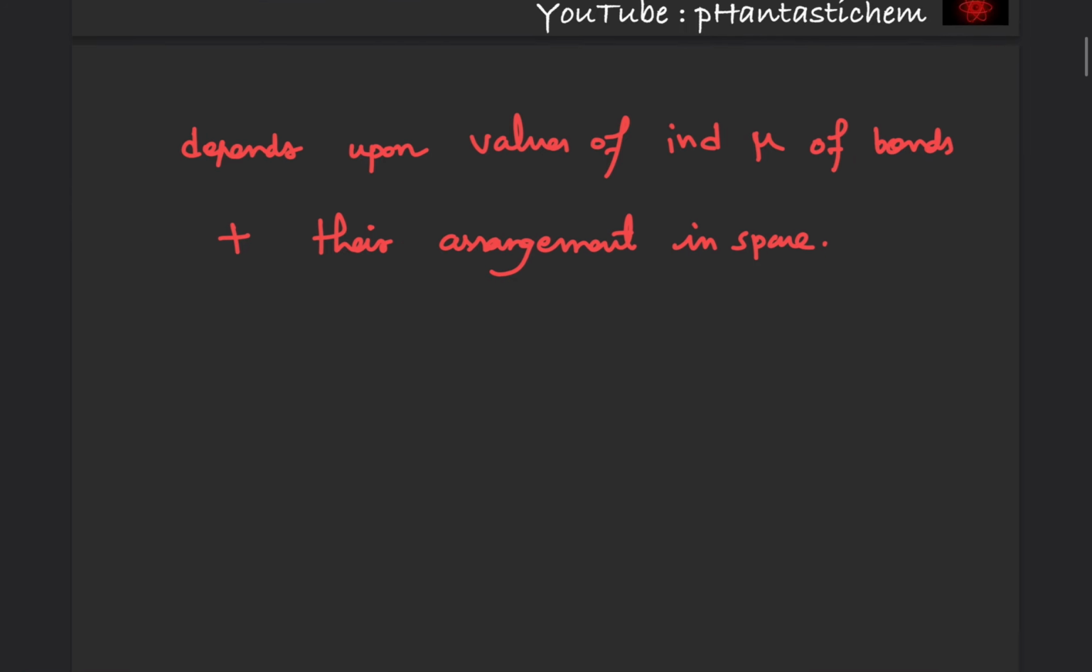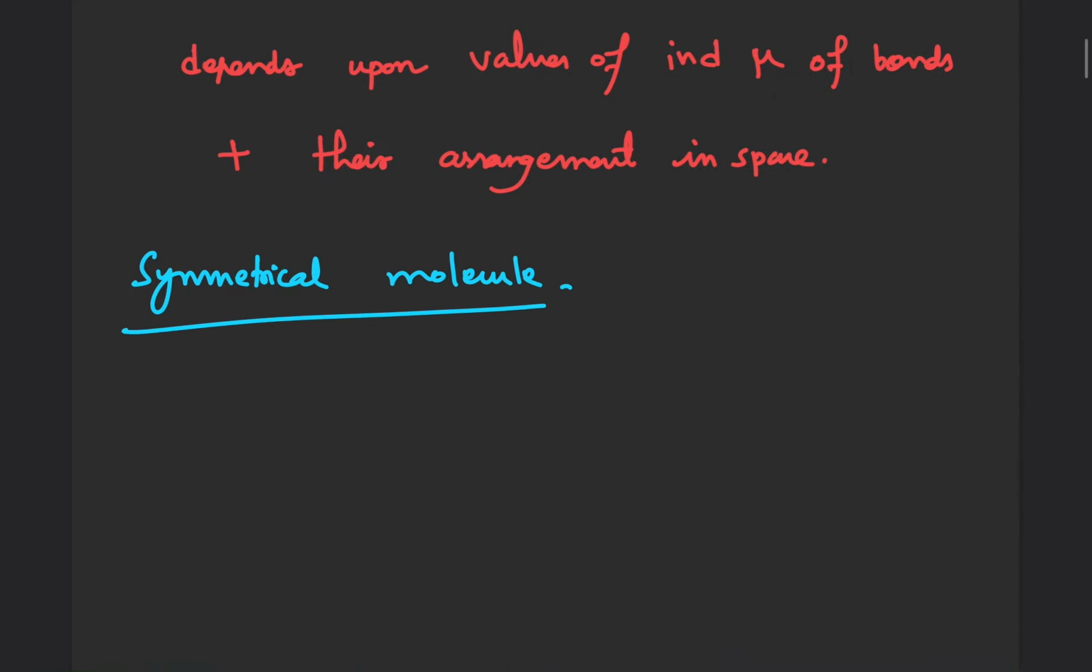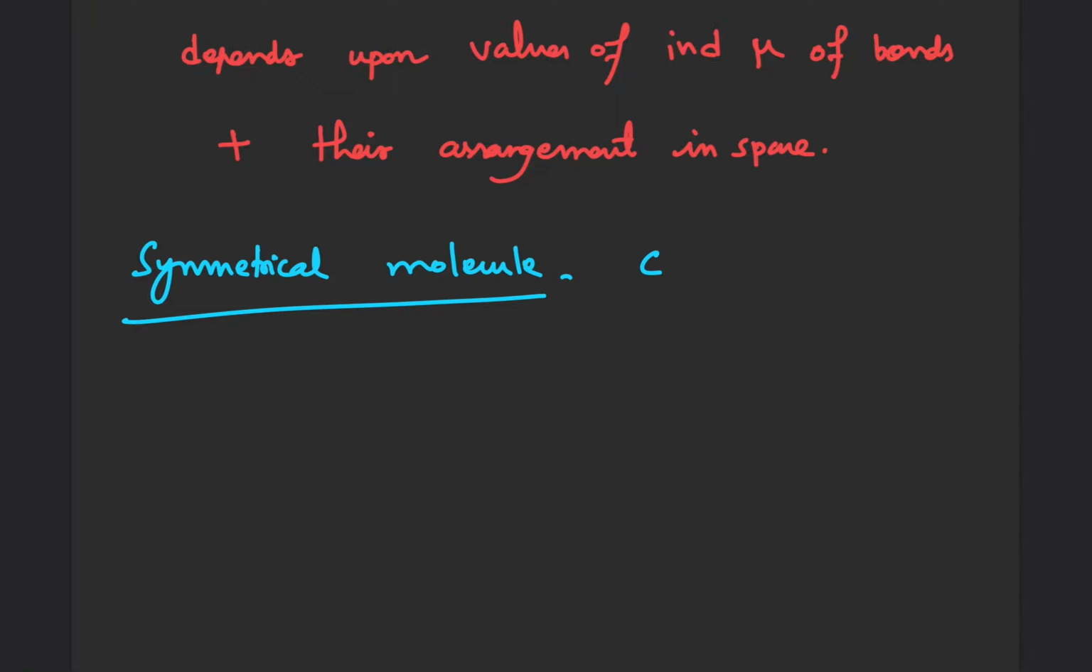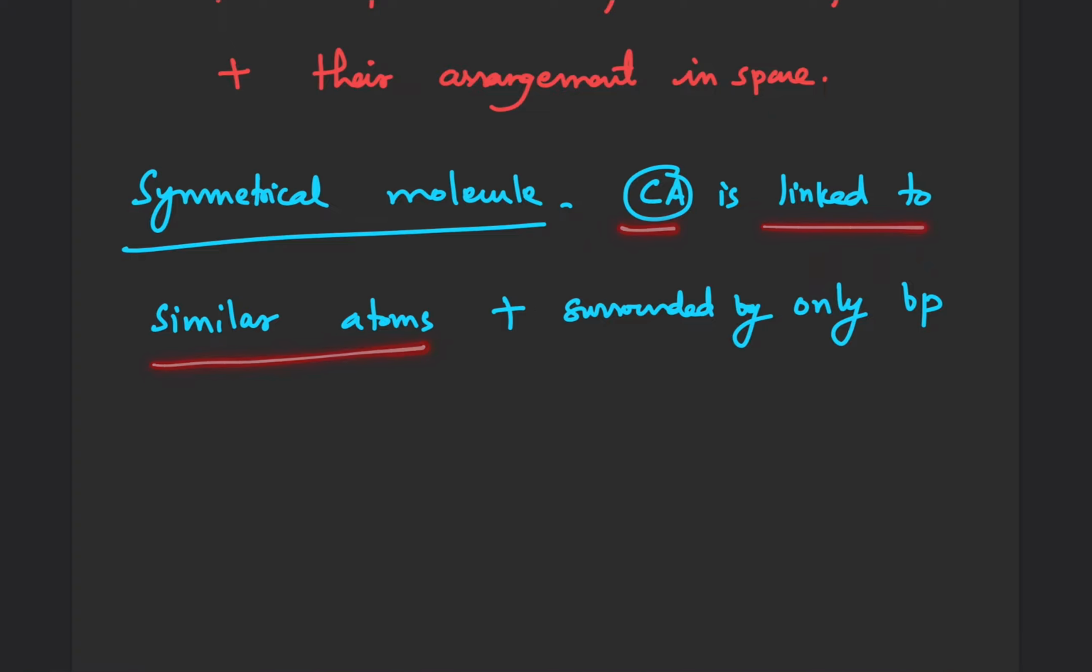Okay, so in case of symmetrical molecules, very important. When I say symmetrical molecule, a molecule is symmetrical if the central atom is linked to similar atoms, plus there is one more condition: it should be surrounded by only bond pairs. There should not be any lone pairs on the central atom. So these are the two conditions which make a molecule symmetrical. The central atom should be linked to similar atoms, plus the central atom should be surrounded by only bond pairs. Okay, for example,